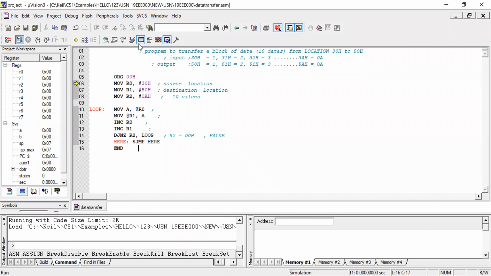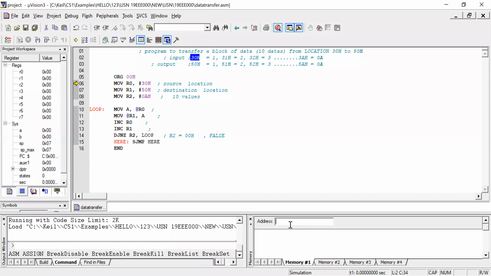Okay. So for this program, you must give the input, right? For that, we are going to internal memory to the corresponding address, that is 30H. So here you can see memory, virtual memory.